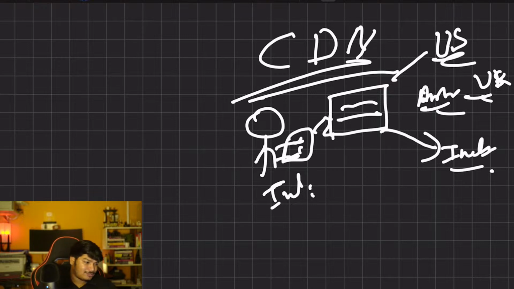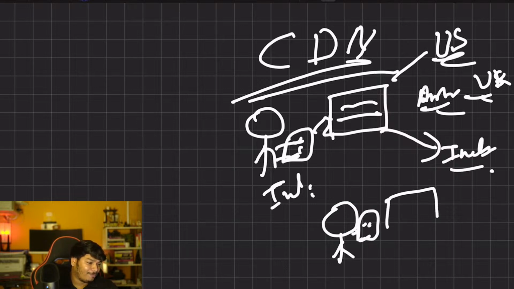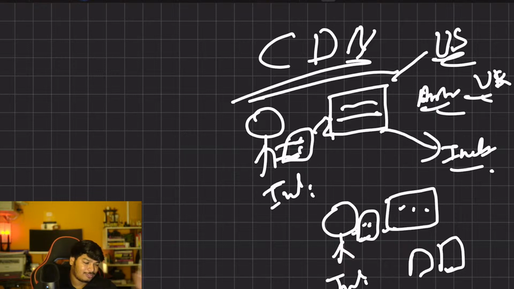CDNs are in place. Let me again draw it here itself. So you are a guy who has a phone or maybe a tab, whatever you want to think of, with a web page. For example, you are from India, or whatever country you think of, and in the same country you have a local CDN server. So you call it